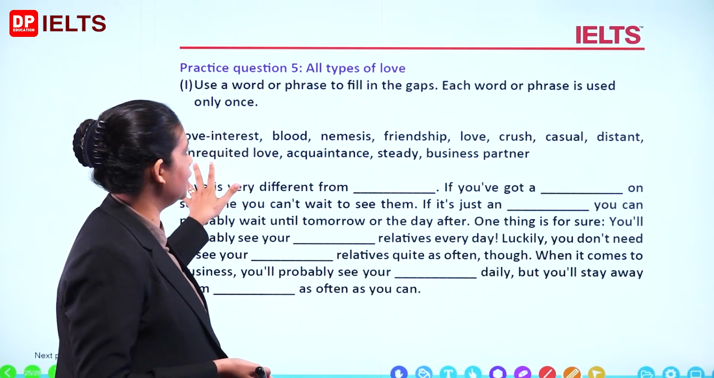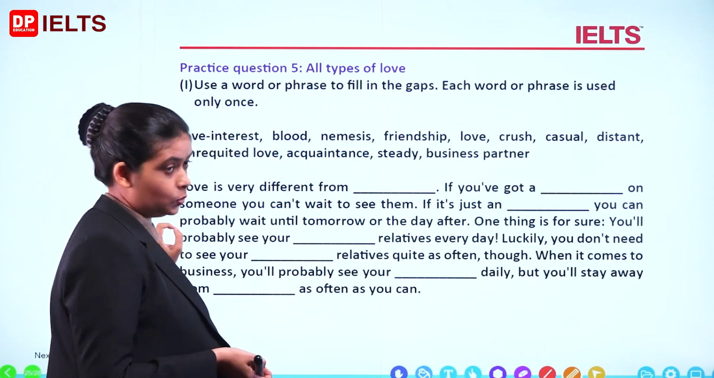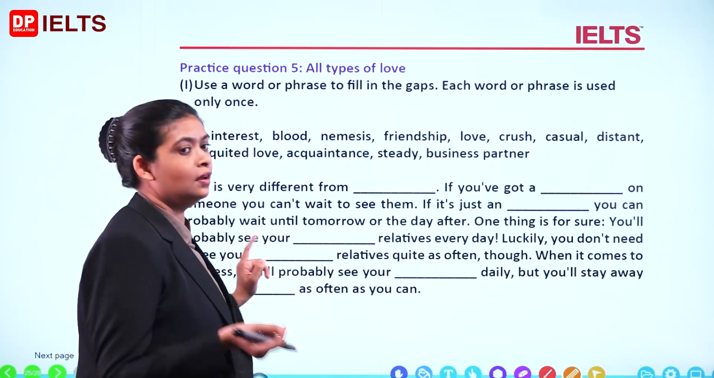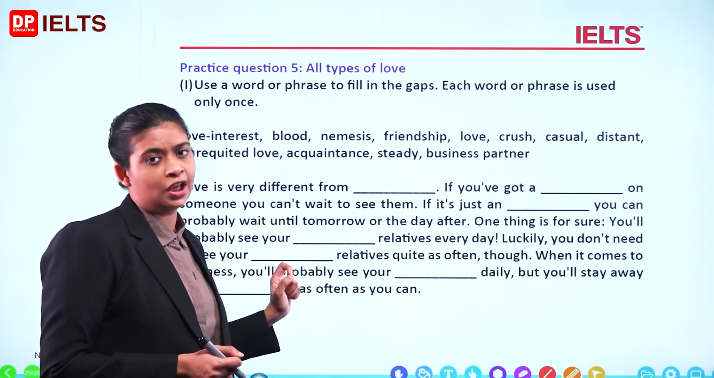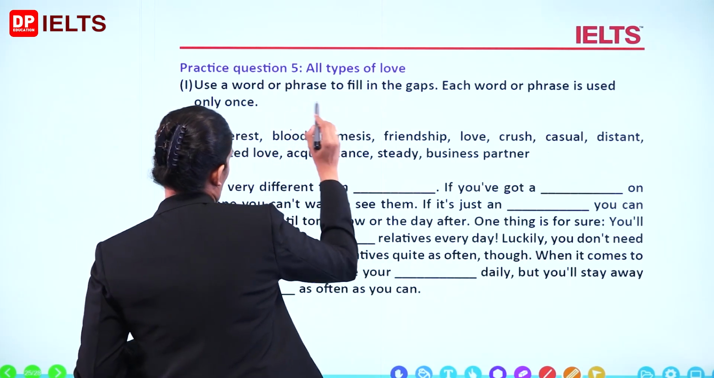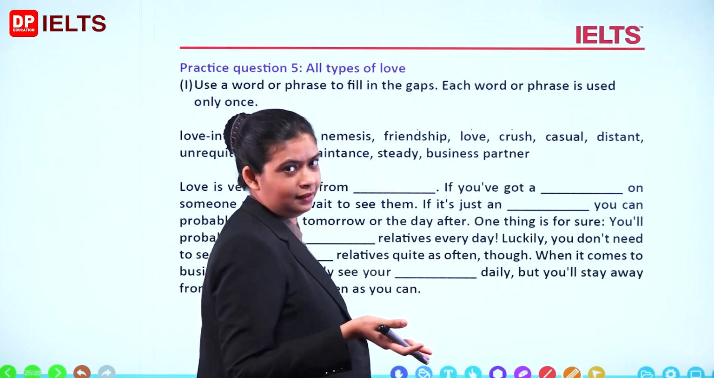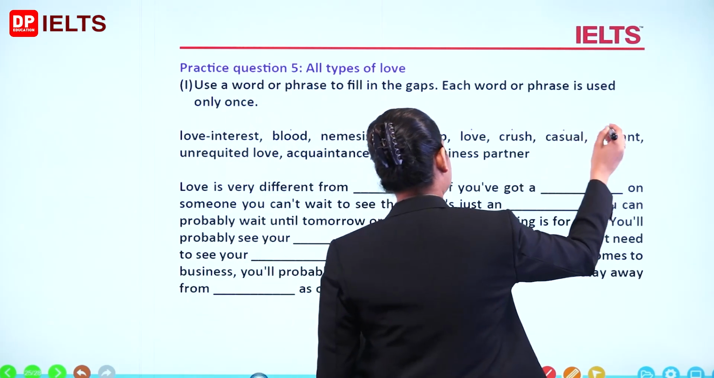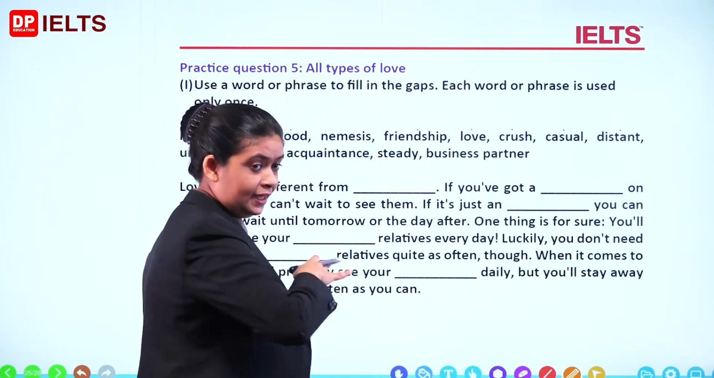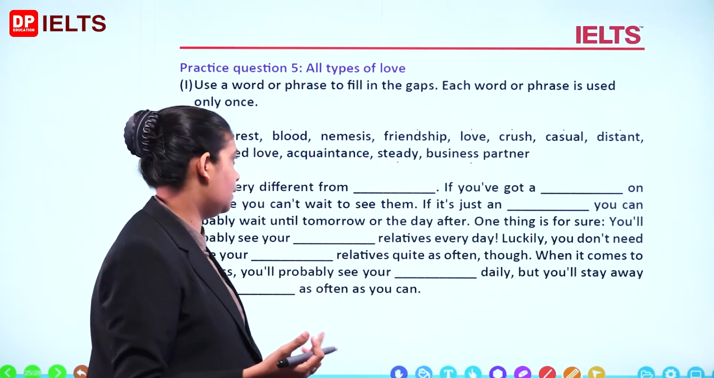So here you have to use a word or phrase to fill in the gaps, each word or phrase is used once only okay. දැන් මෙතන තියෙනවා වචන ටිකක් ඔයගොල්ලෝ දන්නේ නැති ඒවා ටිකකුත් අපි ඩික්ෂනරි එක යූස් කරලා බලමු තේරුම මොකක්ද කියලා okay. Blood, lay, friendship යාළුකම, love ආදරය, crush කියලා කියන්නේ කෙනෙක්ට පොඩ්ඩක් කැමති, casual සාමාන්‍යයෙන්, distant දුරස්ව right, steady කියලා කියන්නේ ඒකාකාරීව යන එකක්, business partner කියලා කියන්නේ business වලදී අපිට ඉන්න partner කෙනෙක් okay